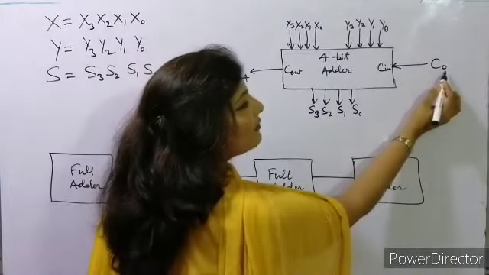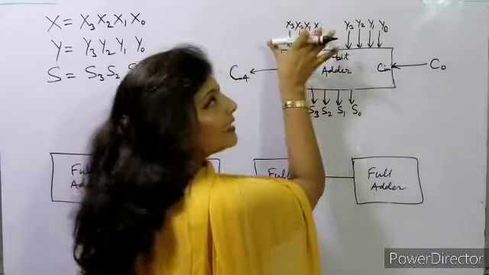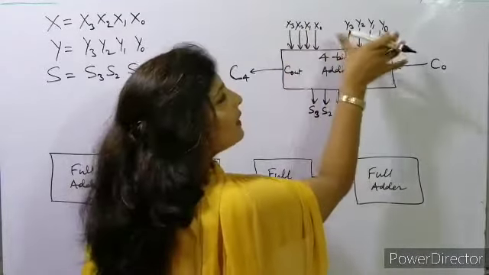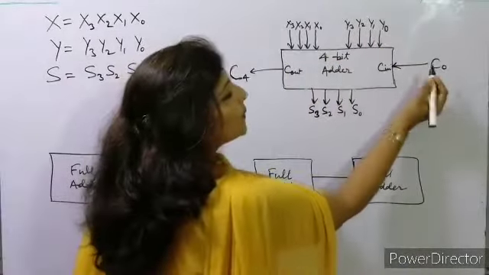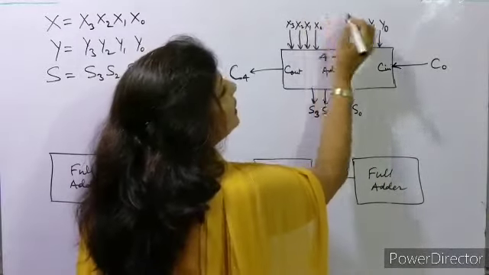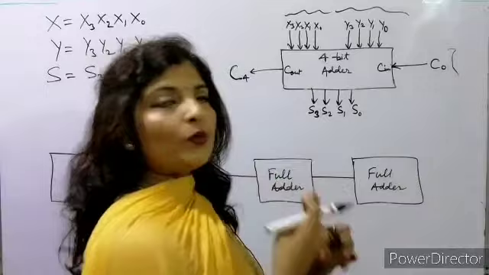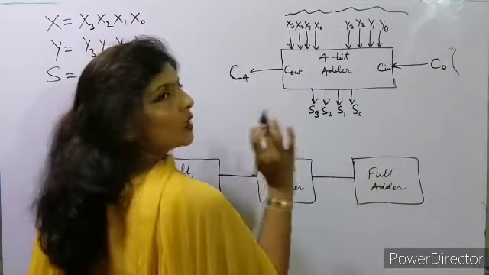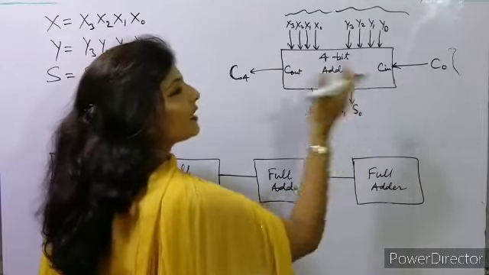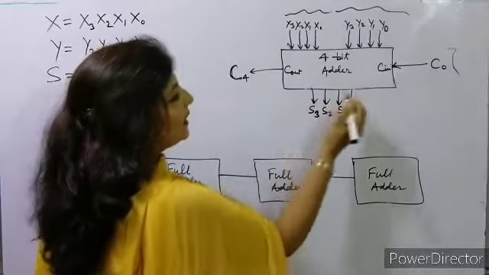How does it work? We are giving 3 inputs. One input is x, a 4 digit binary value, another is y, also a 4 bit binary value, and c0. These are the input values. There will be 3 inputs and 2 outputs, and the 2 outputs are c4 and the sum. Why have we taken c4? Because this is a 4 bit number, we started from 0, so up to c3 it stays inside, and I'll explain c4 in detail.